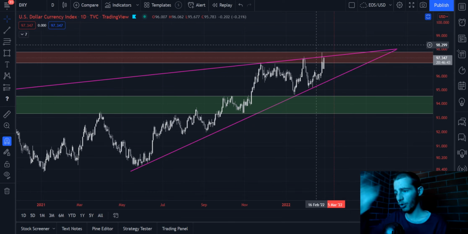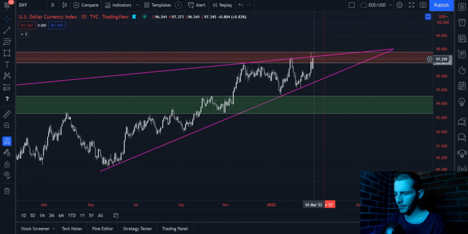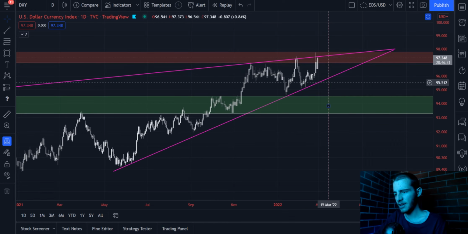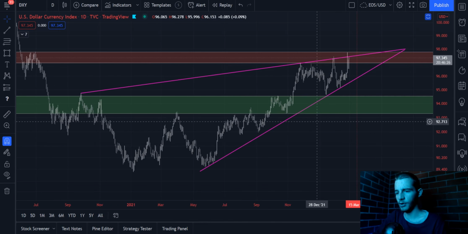Russia has declared war on Ukraine. That has led to a bit of a pump on DXY even further. We are in a strong period of consolidation within this wedge, running out of space to move. Why is this important? Well, it's important because interest rates are potentially being raised on March 15th, okay? And with this wedge running out of space to move, it means we're probably going to be making a move due to one of these major macro events, either downwards or upwards.